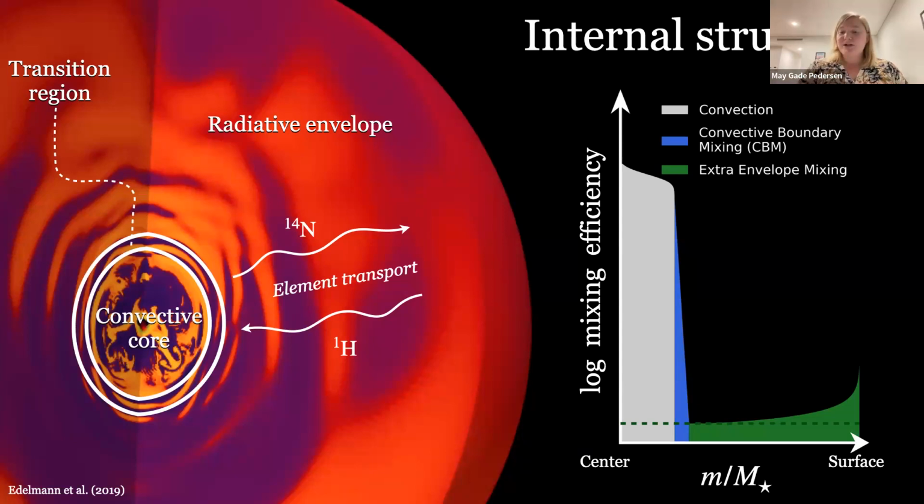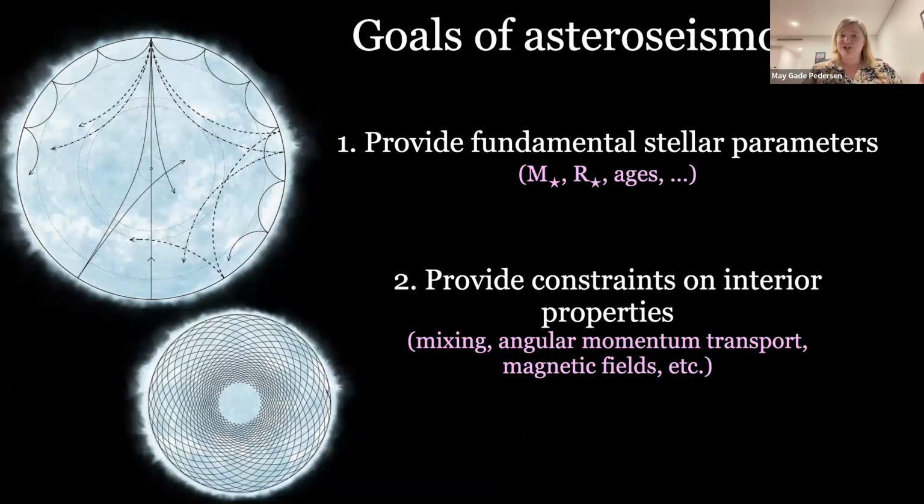So asteroseismology is the study and interpretation of stellar pulsations. The frequencies of these pulsations change depending on stellar parameters such as mass, radii, and ages. And also since the oscillations penetrate deep into the stellar interiors, they also get modified as the structure of the stars changes. And in that way, by studying these pulsations, we can learn something about their interiors.